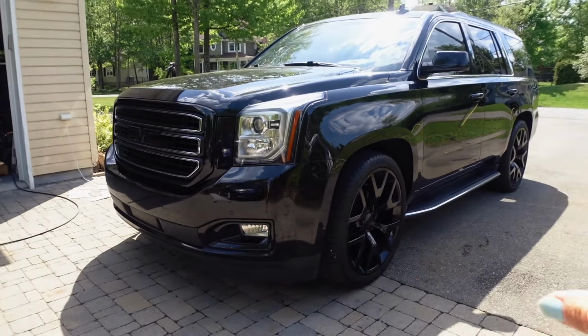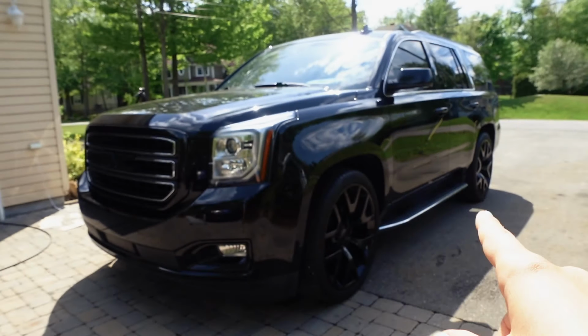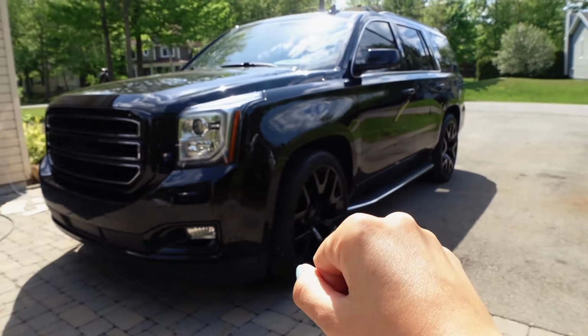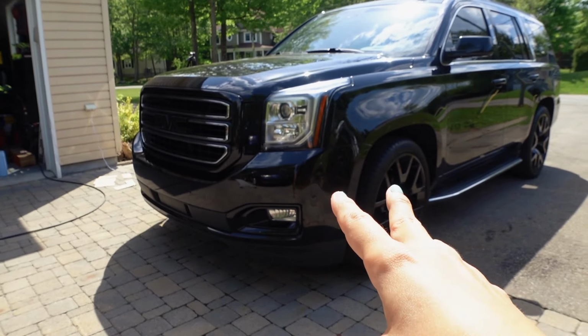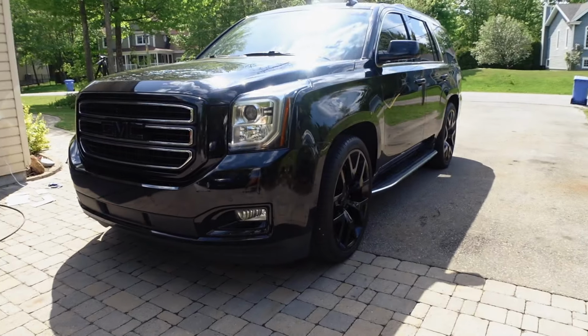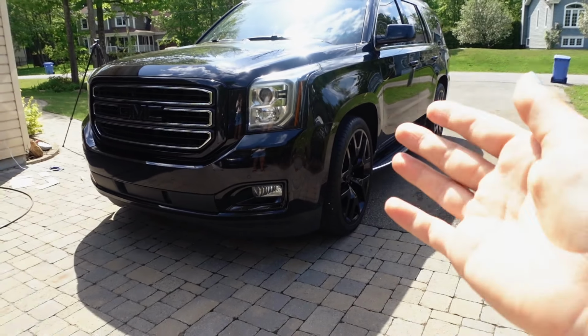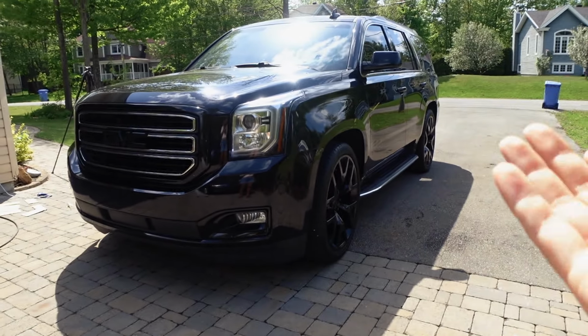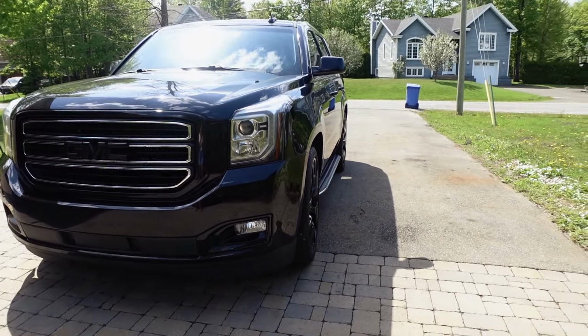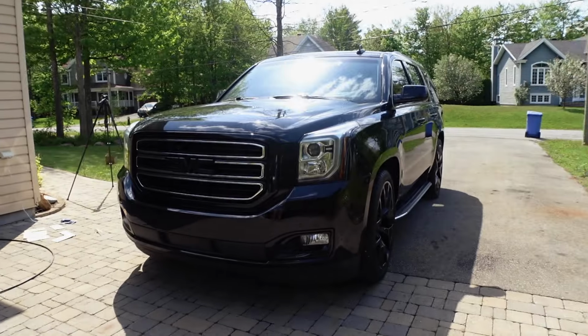Obviously, if we wanted to go all out with this in the future, I would have had amp steps that come out and go back in, and we lowered it. If we were allowed to lift it, I would have lifted it. I prefer lifted trucks to lowered ones. But we decided to lower it because here when you lift stuff you get in trouble. As you guys saw, we got stopped by the police for Evan's truck, so